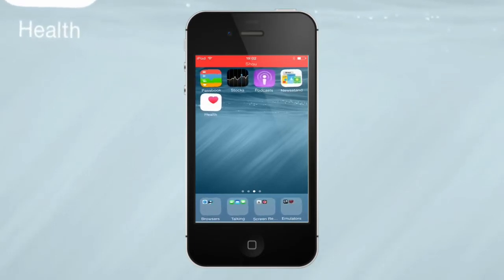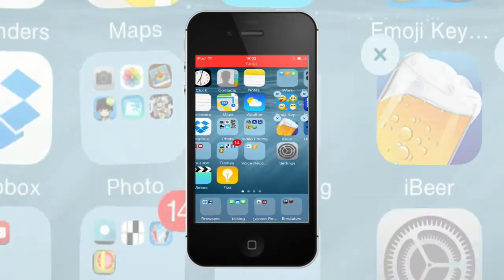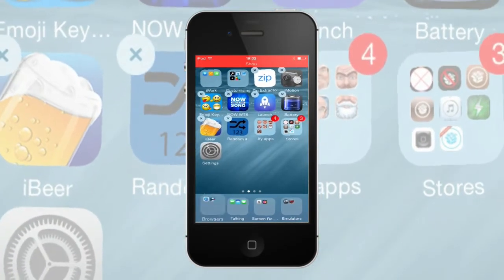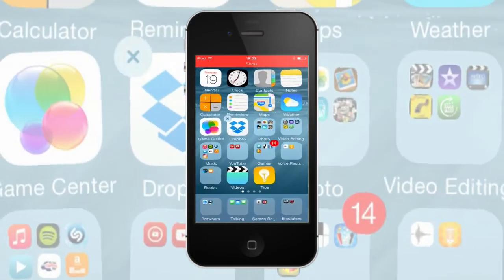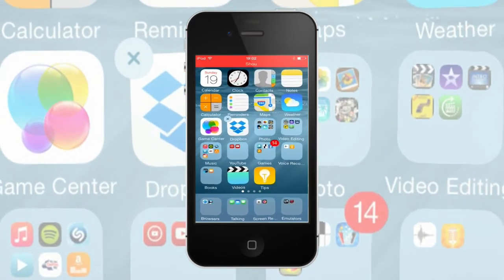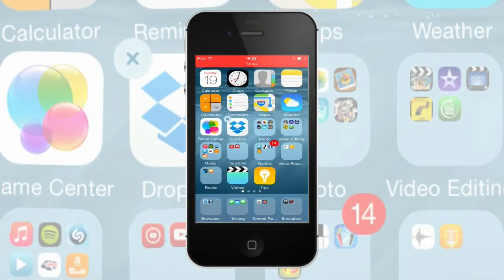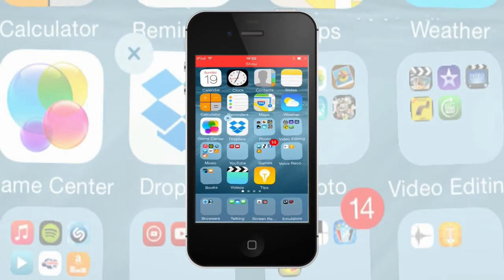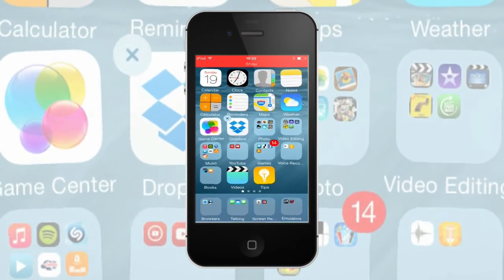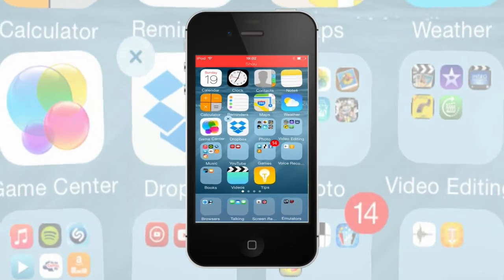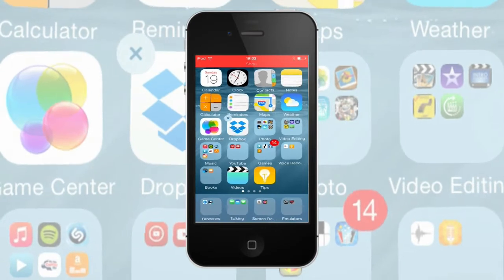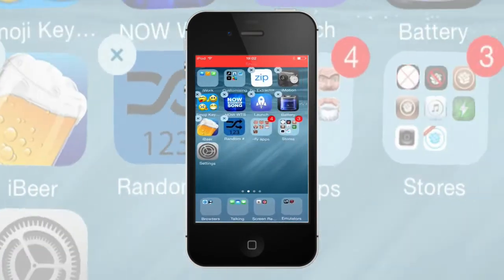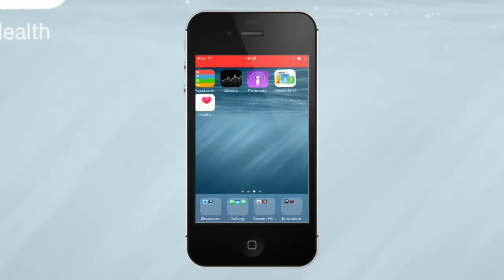Okay, so what you want to do is, on the dock, you're going to want 4 apps if you're on an iPhone or iPod Touch, or 6 apps if you're on an iPad. I'm actually not sure if this works on an iPad, but hey ho, give it a shot and see what happens. Oh yeah, the apps that you hide,